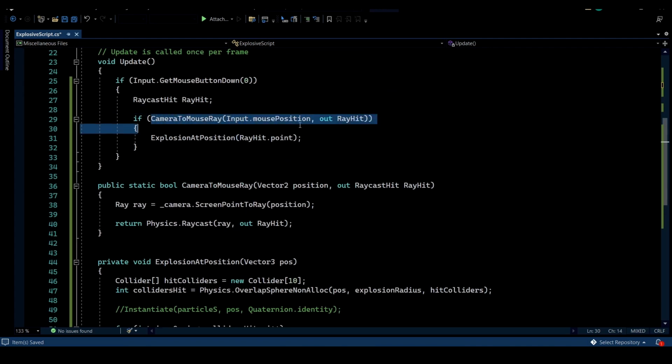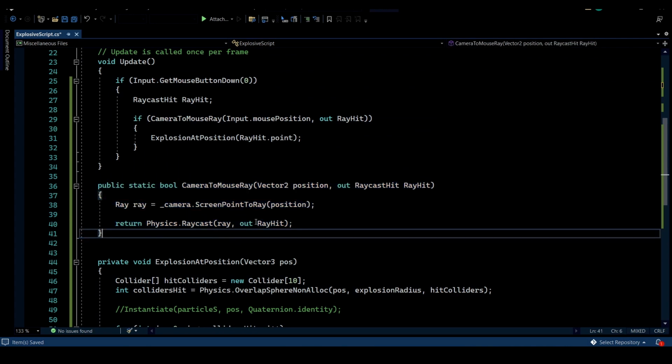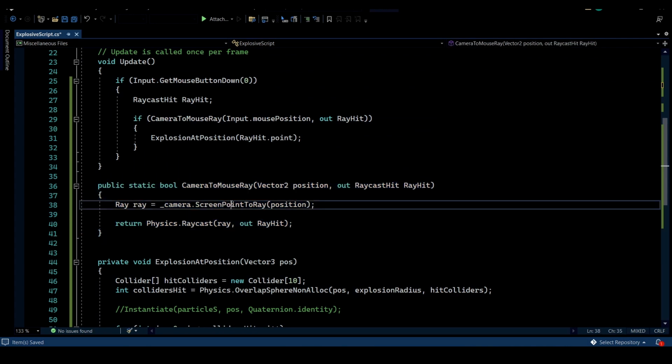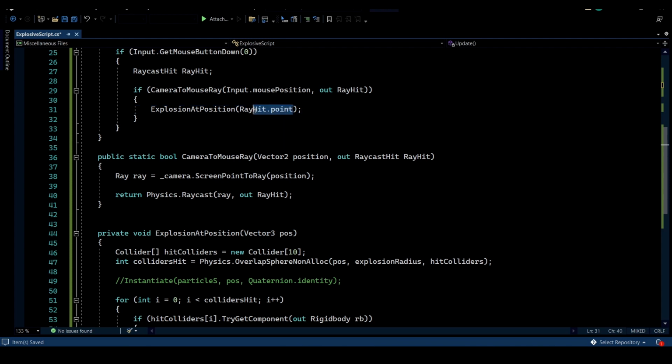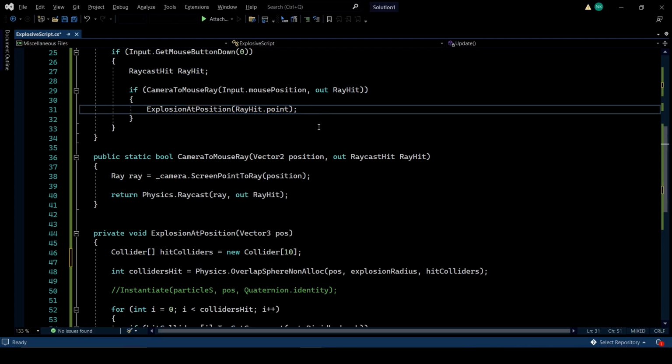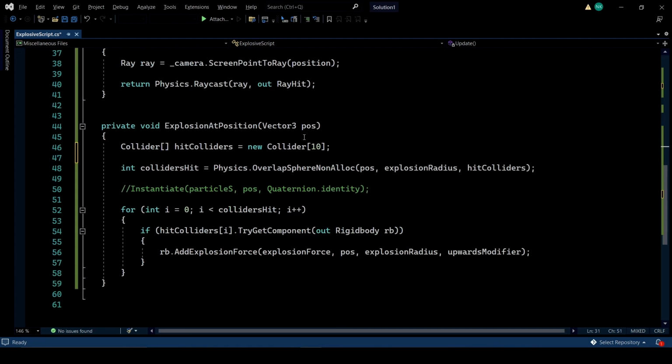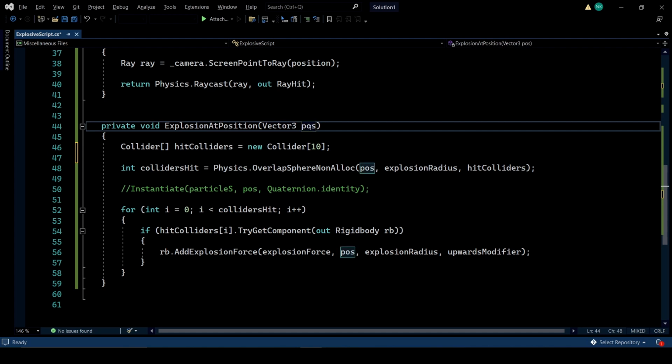We are raycasting through this small function that I have here, which is using ScreenPointToRay, setting an explosion onto that area. So if it hits anything, we're calling ExplosionAtPosition and passing in the ray hit point, basically the position of where the raycast has hit something. So we call ExplosionAtPosition, and we're passing in the position of where the explosion will happen, and